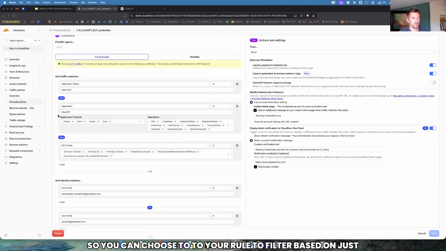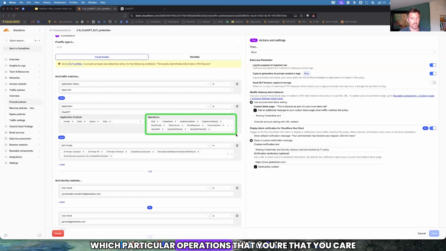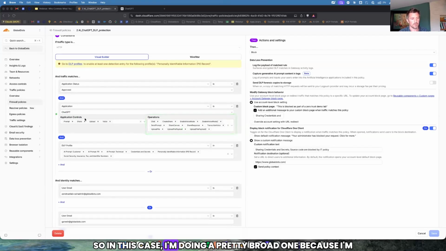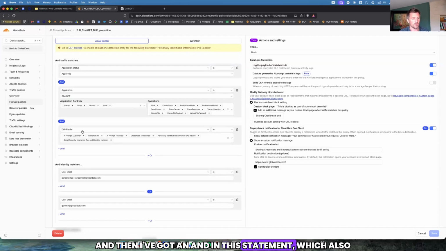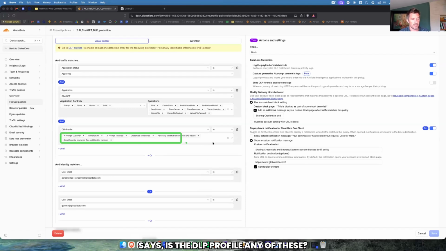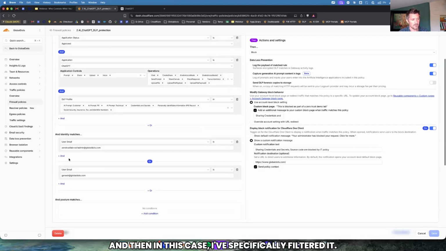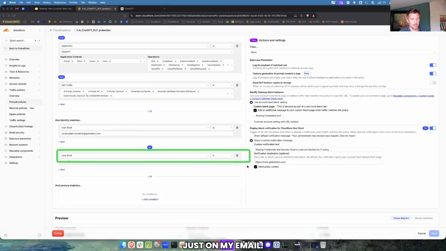So you can choose to filter your rule based on just prompt, share, upload, or voice, and then which particular operations that you care about. So in this case, I'm doing a pretty broad one because I'm saying pretty much everything basically to do with ChatGPT. And then I've got an and in this statement, which also says, is the DLP profile any of these? So does it have PII, credentials or secrets, etc.? And then in this case, I've specifically filtered it just on my email.